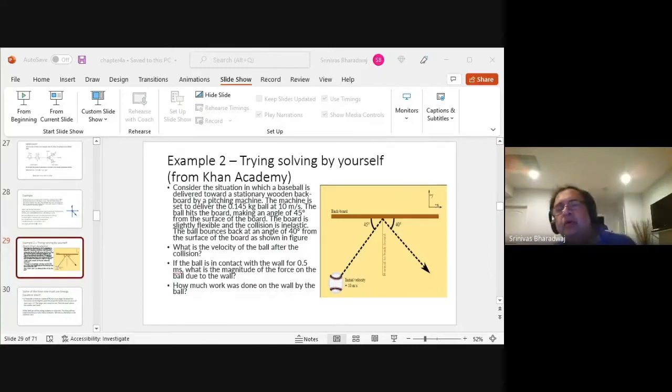Now after it hits, there is a component 10 cos 45 in this direction and some unknown value, and then 10 sine 40 in this direction is going to give you the net